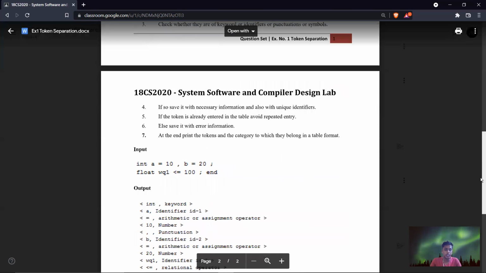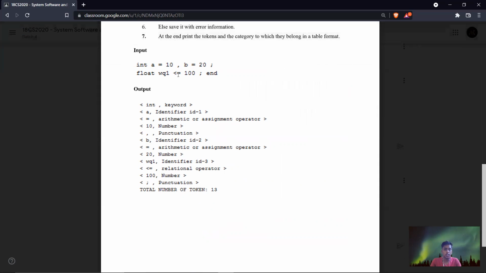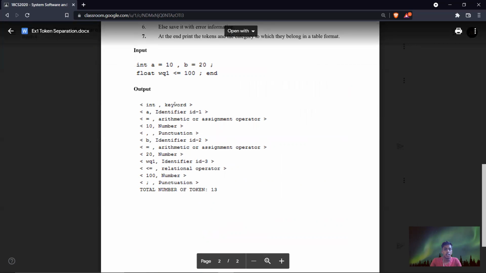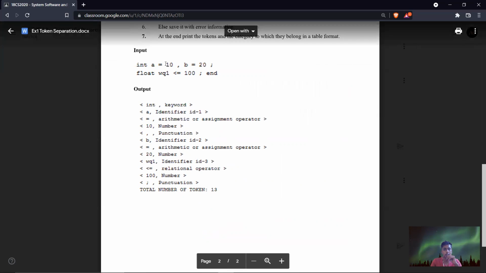For example, let us see here. They have given the input: int a equal to 10, comma, b equal to 20 and semicolon. And the next line: float wq1 is less than or equal to 100 and semicolon and end. In the output, it is displayed that int is a keyword, a is an identifier, equal to is an arithmetic or assignment operator, and 10 is a number.